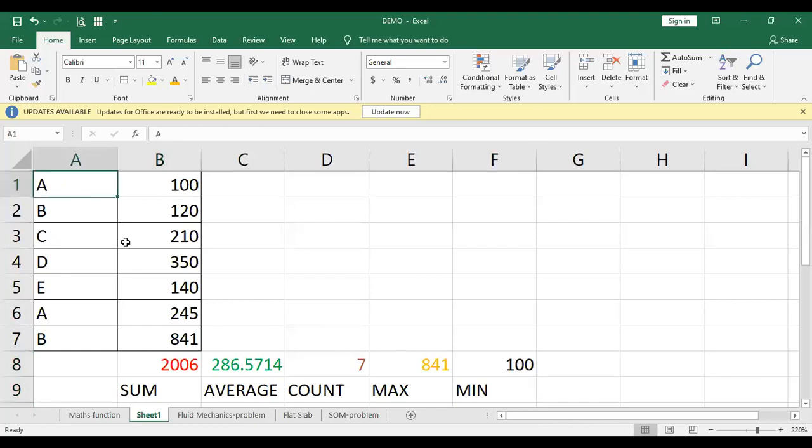And this is the only range here, A to A, B, C, D, E, and then A, B. For this, these are certain values. So likewise, this can be done for any type of data.